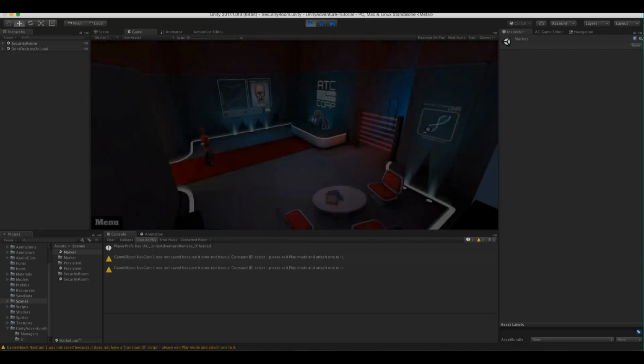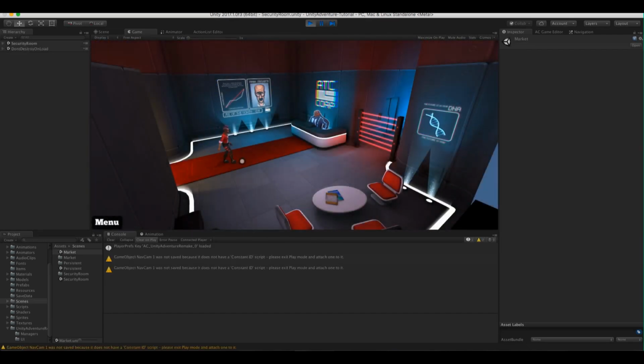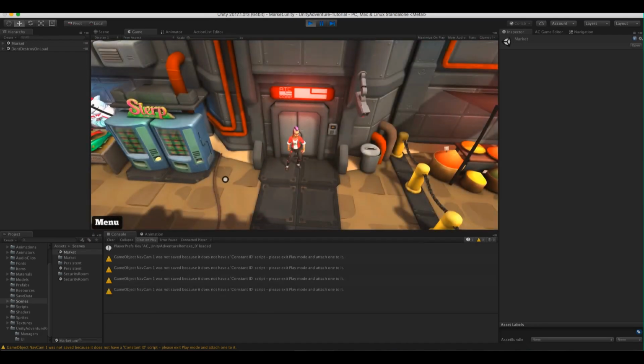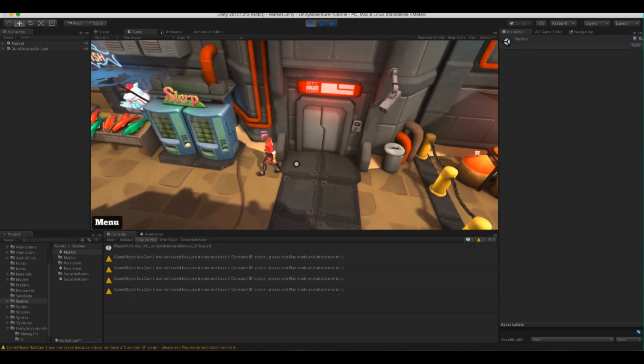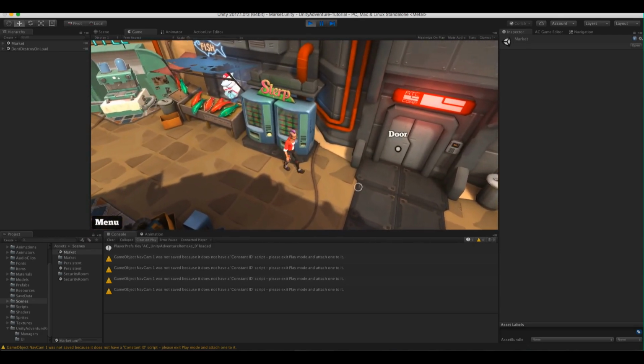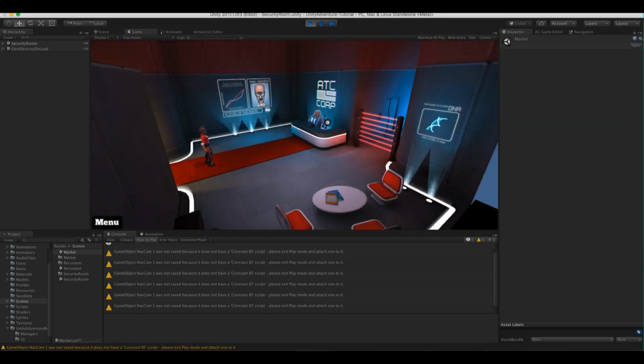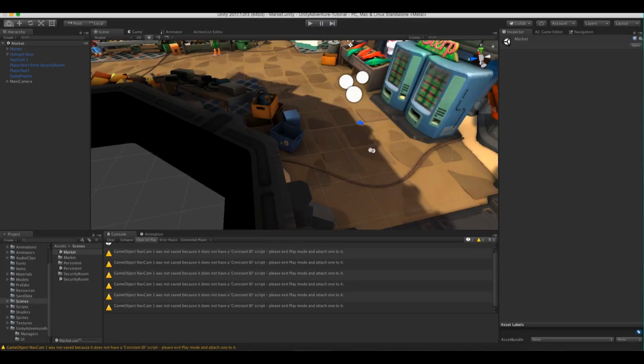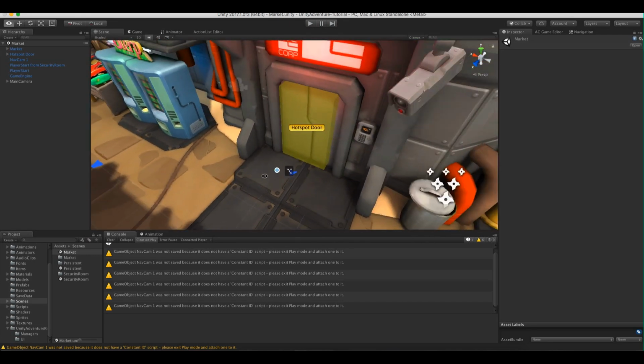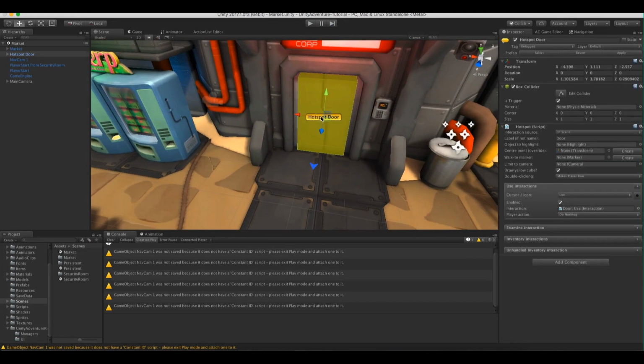We can click on the door, and we're here in the security room. We can click on here, and we're back out in the market. One final thing we want to do is make it so that the player first has to walk up to the door in order to go in. At the moment, it's just an instant transition. So if I reselect the hotspot door game object, you'll see in our Use Interaction panel, we've got